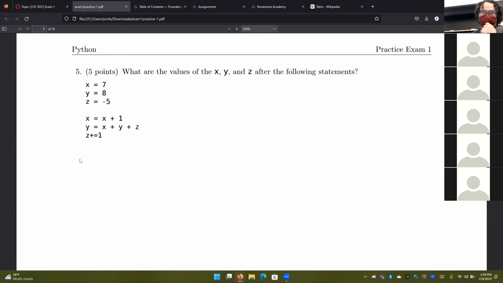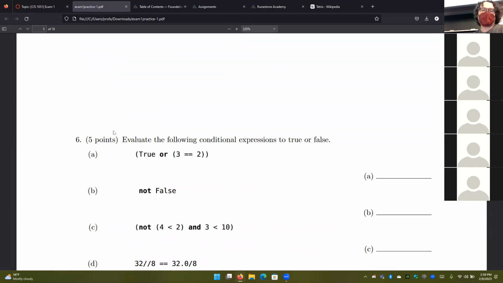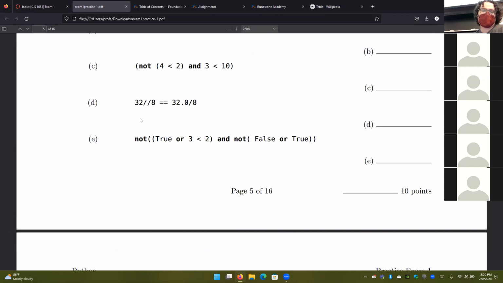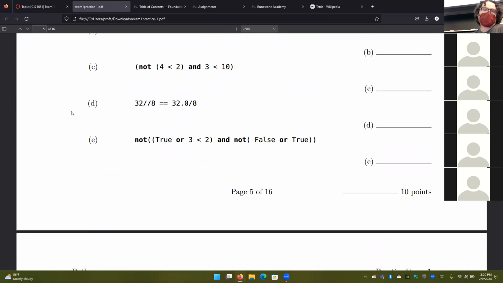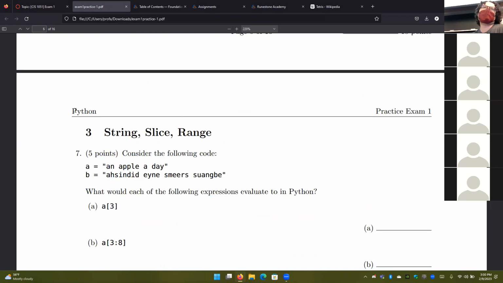Okay. I'm fond of these kind of trace-the-code things for the first exam. These ones we didn't cover Boolean statements in this one, so this probably won't be on there. But at the same time, it's worthwhile to check. You should also know that I'm a bit of a troll, so it's not completely uncommon for me to do things like make all the answers to true false questions true, because that makes grading easy.